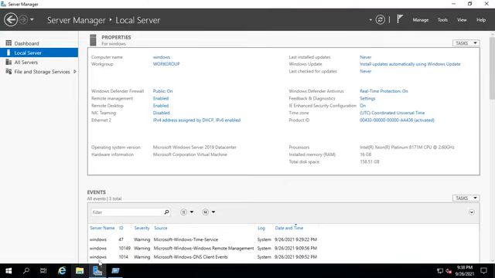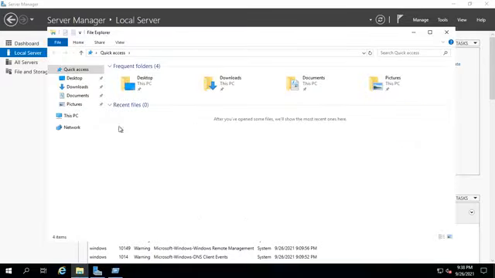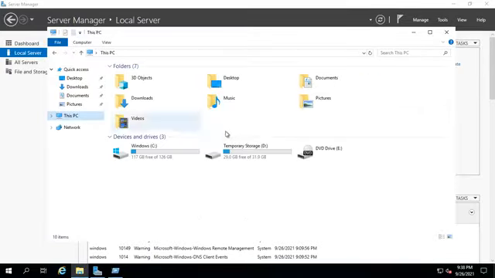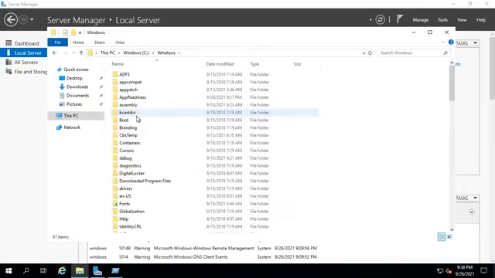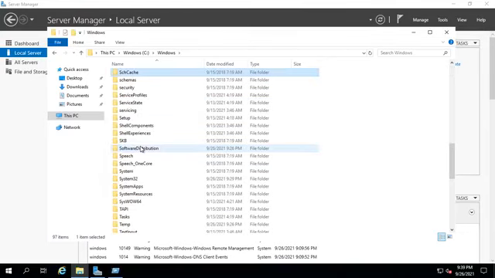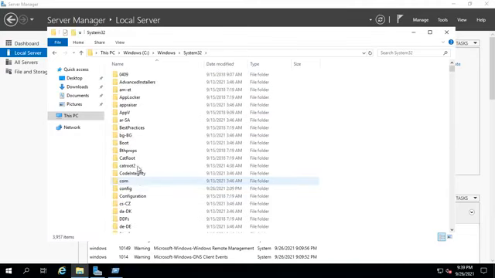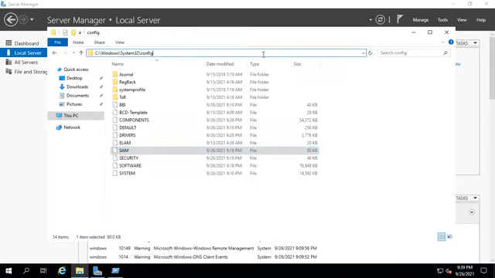The database path is, go to the C drive, My Computer, C drive, Windows, System32, config. This is the database for all Windows computers.